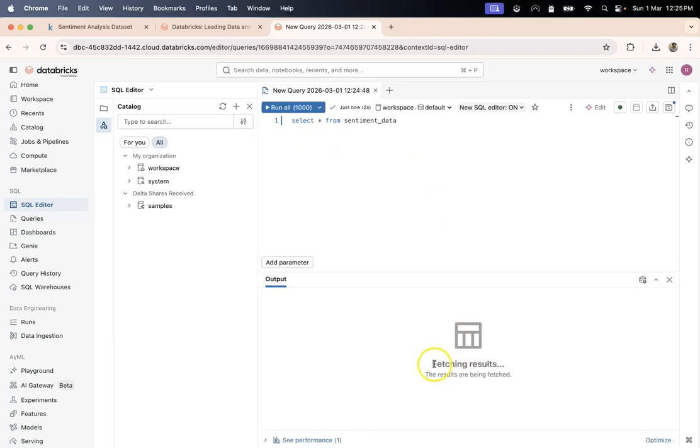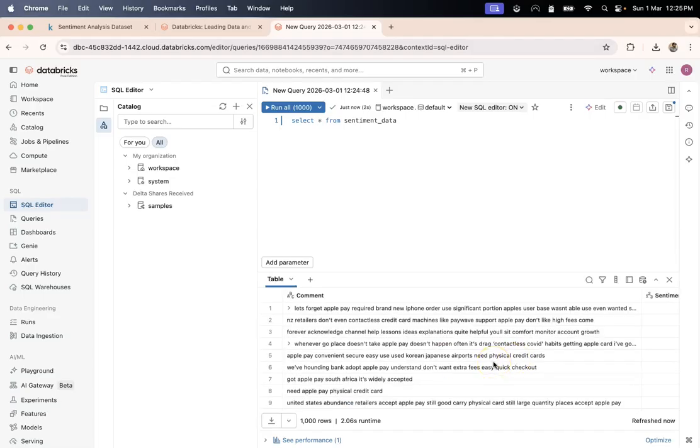Now you see currently it is fetching result. But in your case, since my serverless warehouse was already up and running, it did not take much time. In your case, it could have happened that this serverless starter warehouse was not ready, so it would take some time to basically load it. Okay, and it also depends.